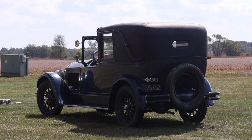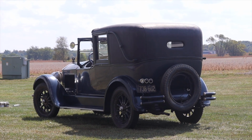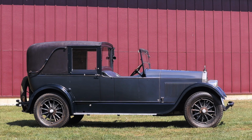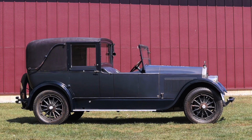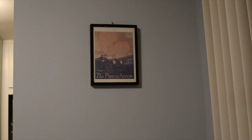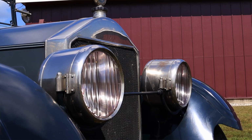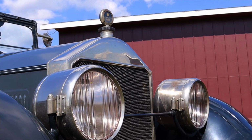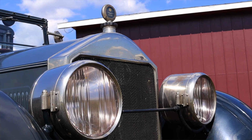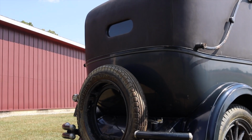Now I was super excited to have the opportunity to drive a Pierce Arrow for two reasons. First of all, while thrifting for artwork in my new house, I found this old-timey ad for a Pierce Arrow, so now after seeing it every morning during breakfast in my kitchen, I get to drive one. The second reason is the fact that a Pierce Arrow was my grandfather's first car. Now, he bought it second, third, or probably fourth hand in the 1950s, but it was still part of my